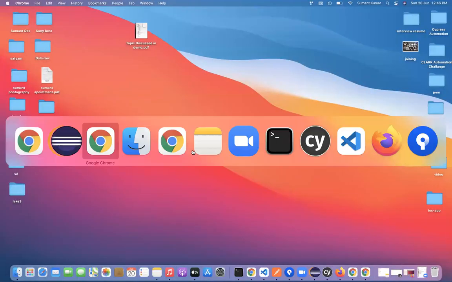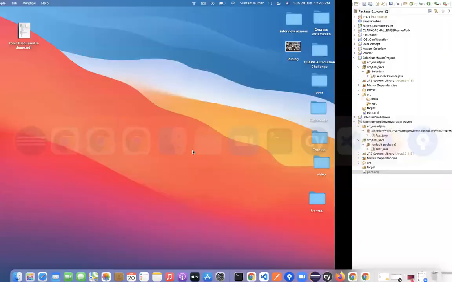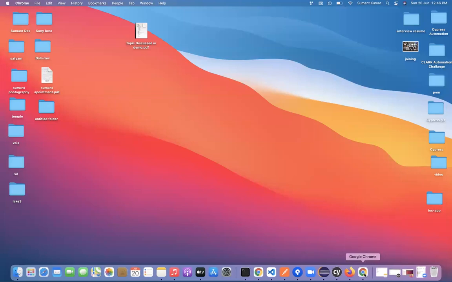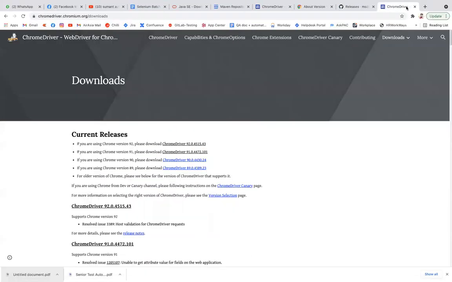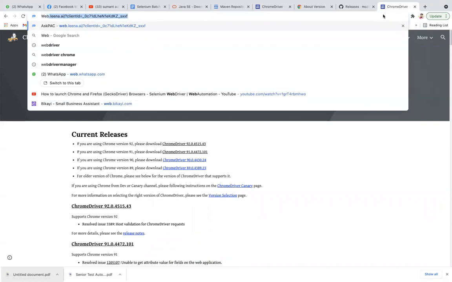So you have to search this one, web driver manager. What you have to search here is web driver Selenium Maven dependency. So web driver manager.